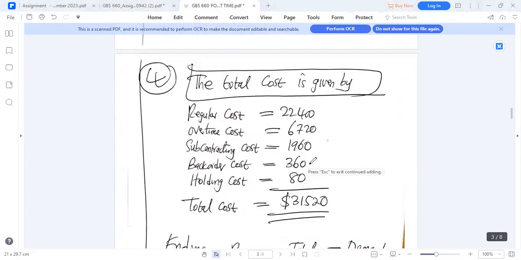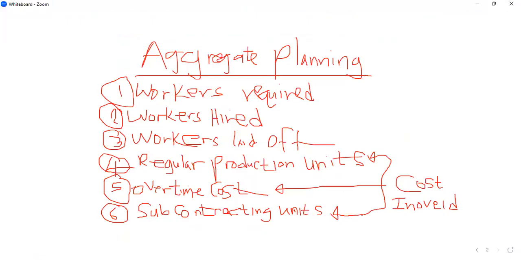Let me just show you the breakdown. You need to produce on a level basis. So when we're getting down to level production, our level production is equal to,